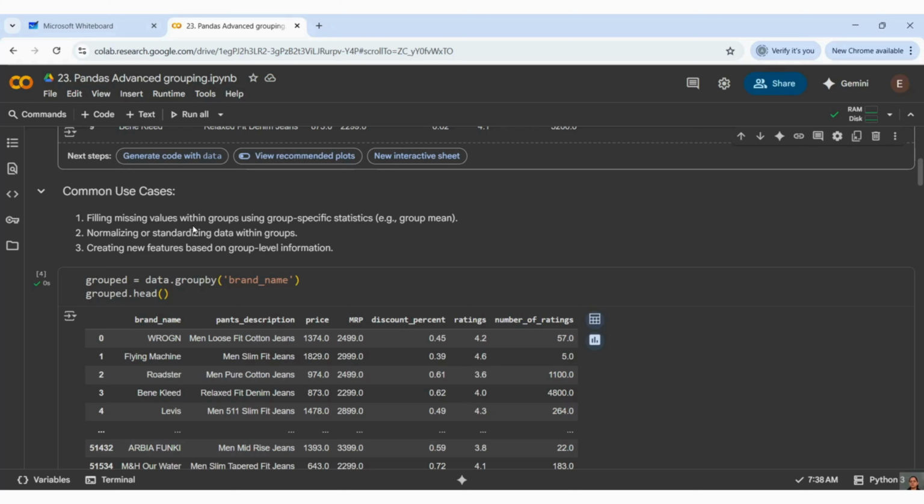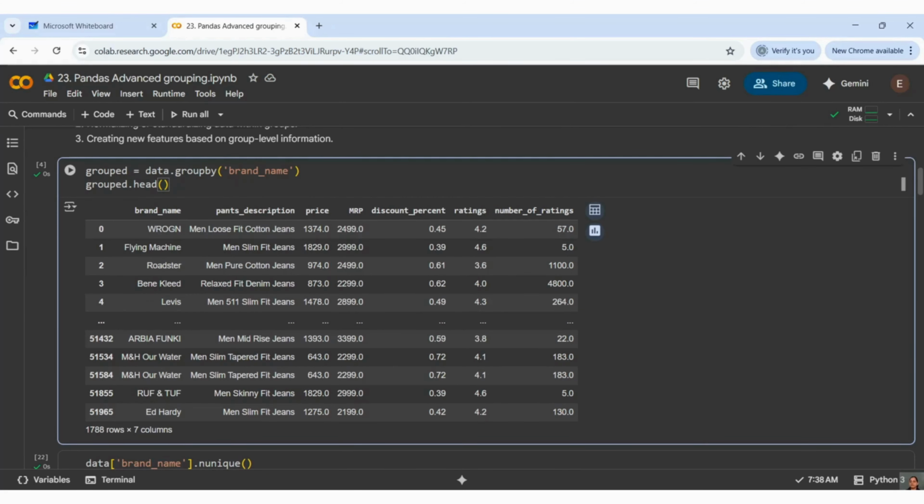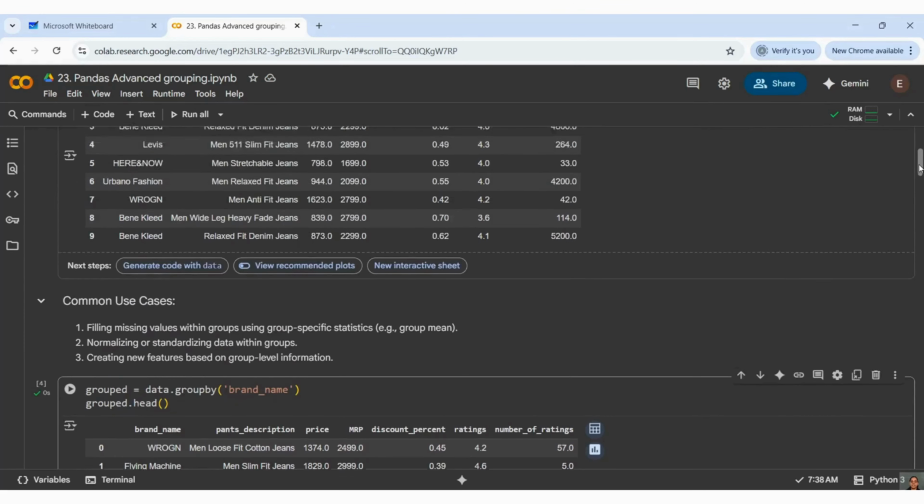Then we have normalizing or standardizing data within a group, which is one of the important methods we use this for. Then there is creating new features based on group-level info and getting them by using this. So here, for the first example, what I have taken is the following.